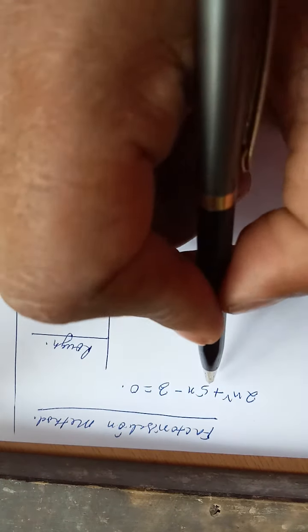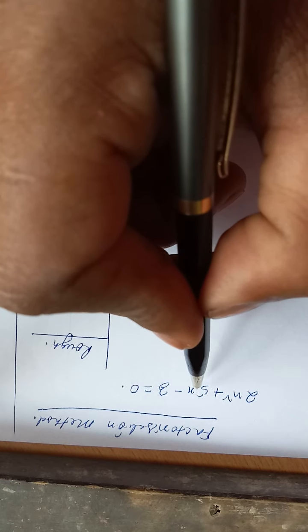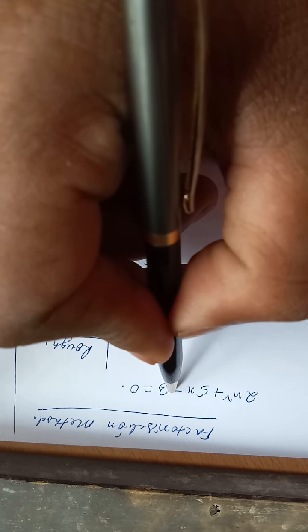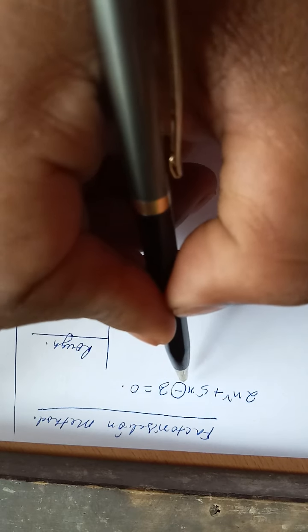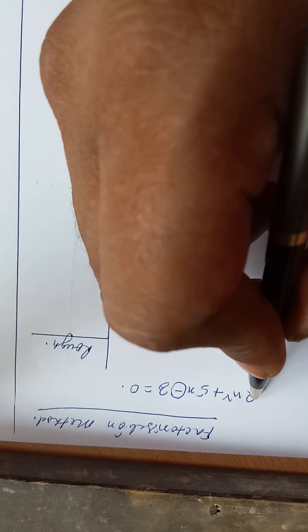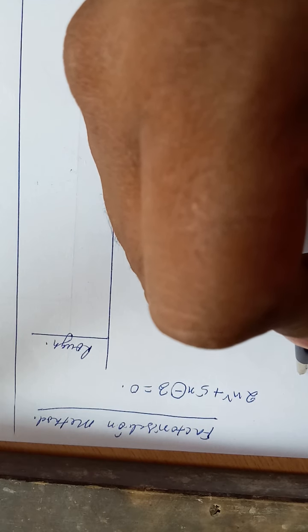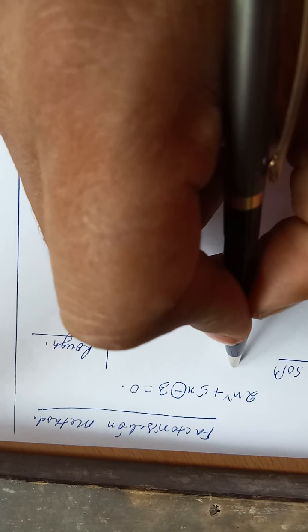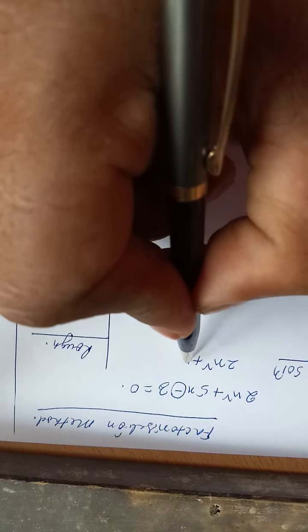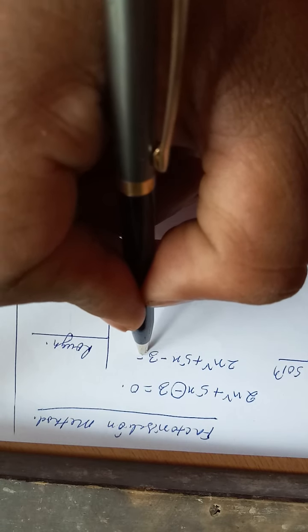This maths is a little bit different by the sign. In the previous maths this sign was positive, here it is negative. How to solve this type of maths? For that, let us follow the following steps. Once again, you rewrite the equation 2x square plus 5x minus 3 is equal to 0.